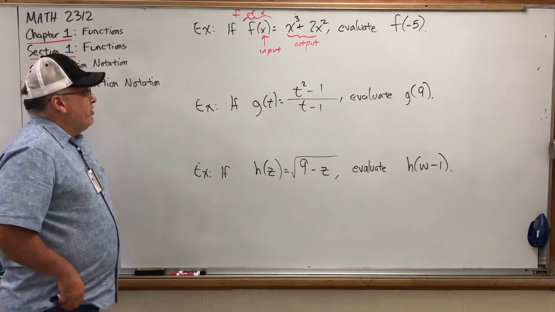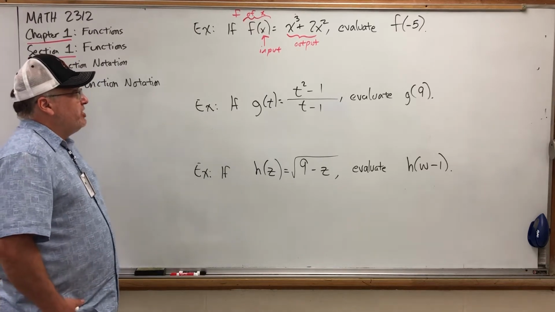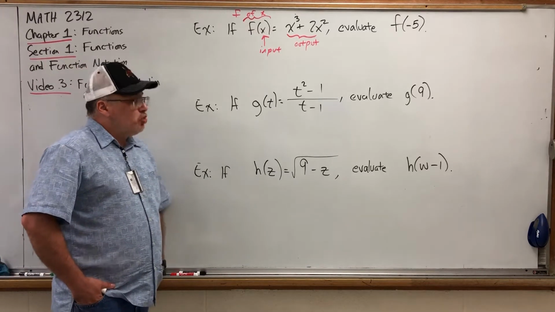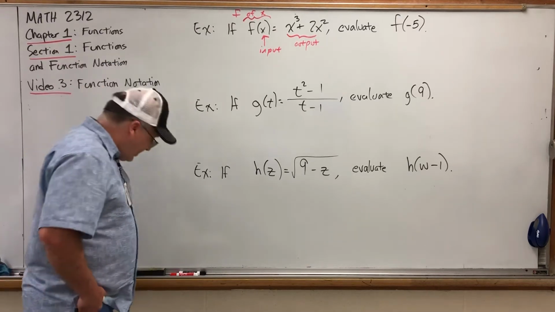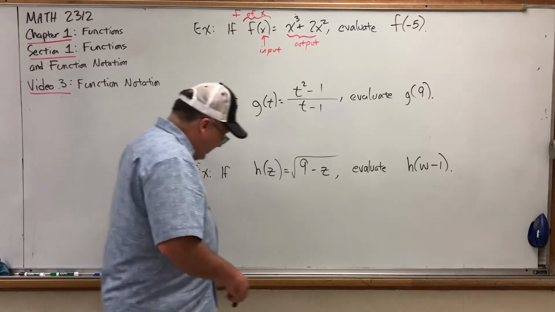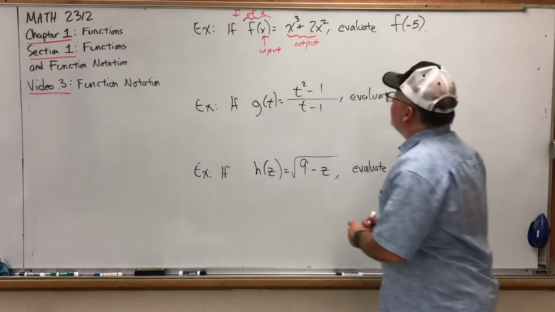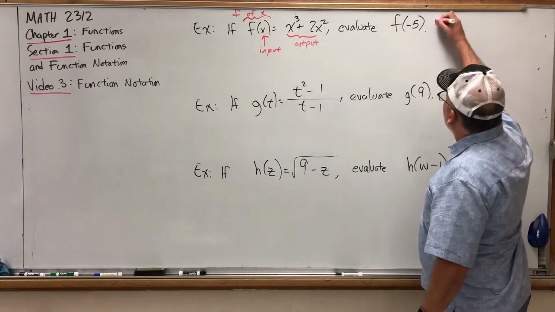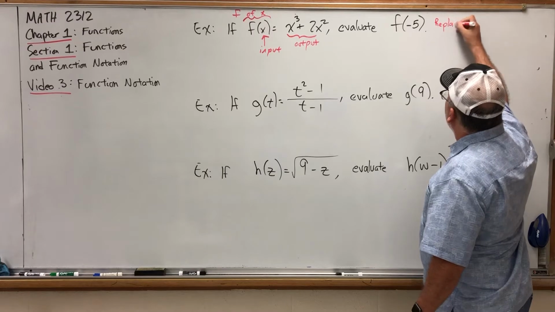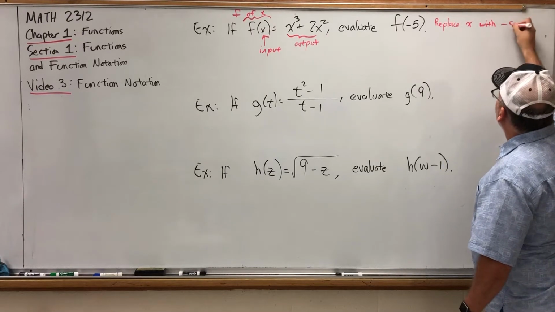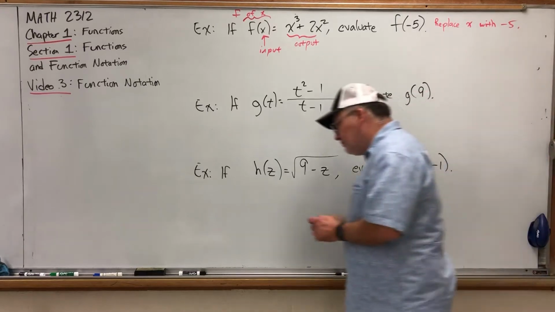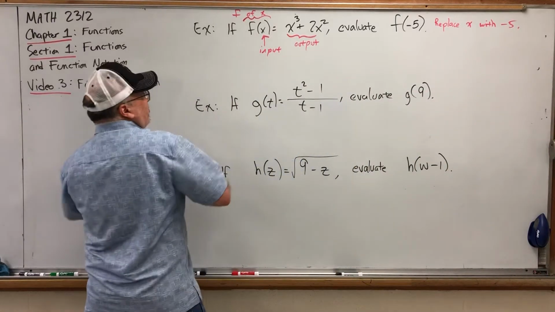So for example, on this one, if f of x equals x cubed plus 2x squared, we're being asked to evaluate f of negative 5. As was stated in class the other day, this simply means that you replace the input variable, x, with negative 5 and evaluate. The safest way to pull this off